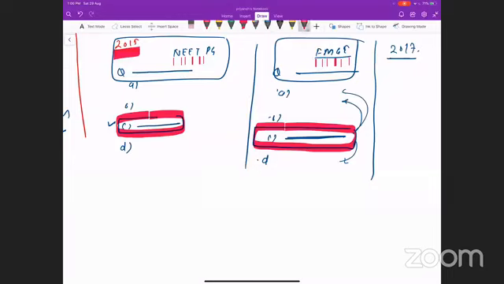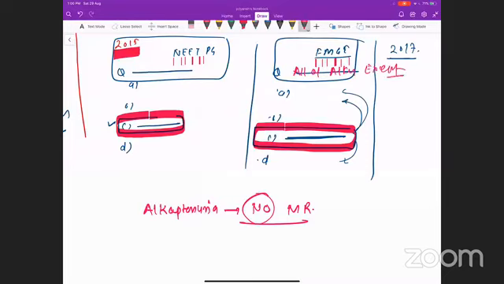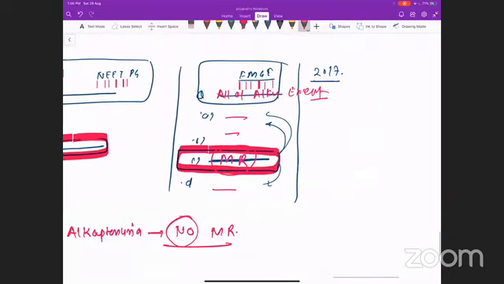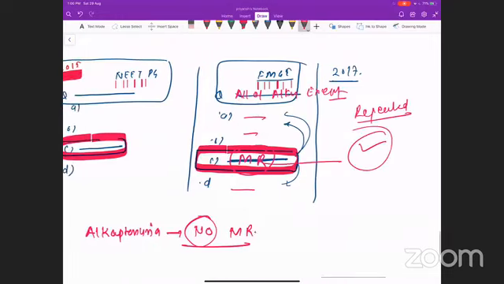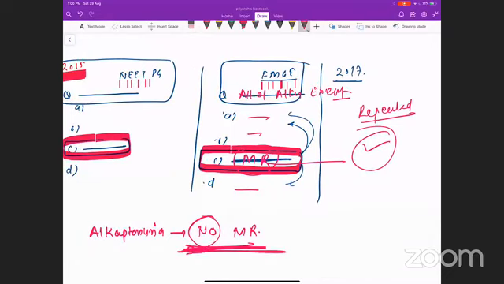That is why I have told you that in alkaptonuria, there is no mental retardation. The reason was, the question was: all of the following are features of alkaptonuria except. So three were the features, and the fourth one was mental retardation, which is not a feature. If the question is repeated, again the options will be the same, and this will be the correct answer again. So that is why I have written this negative statement. It is going to help us a lot.